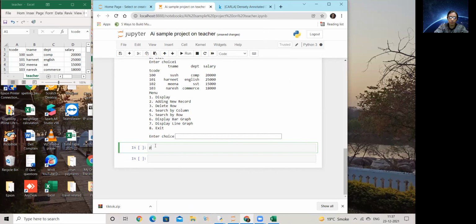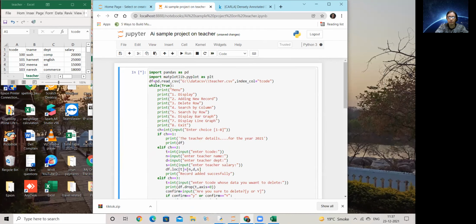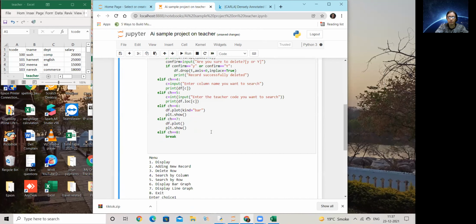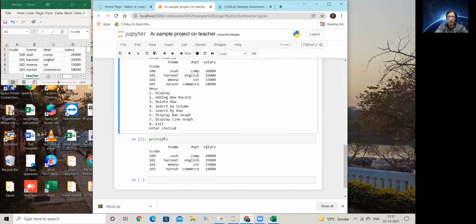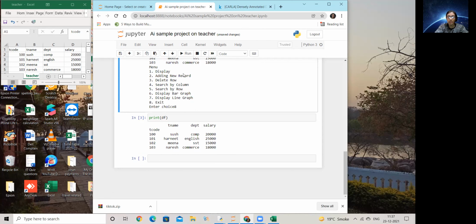Okay, so if I say print df, am I doing it wrong? Okay, come on. Yes, okay, it takes a little time, that is why I had started it earlier; execution takes a little time at times. Don't get hassled. Leave it on for 2 seconds, it will come. So this is my data frame.